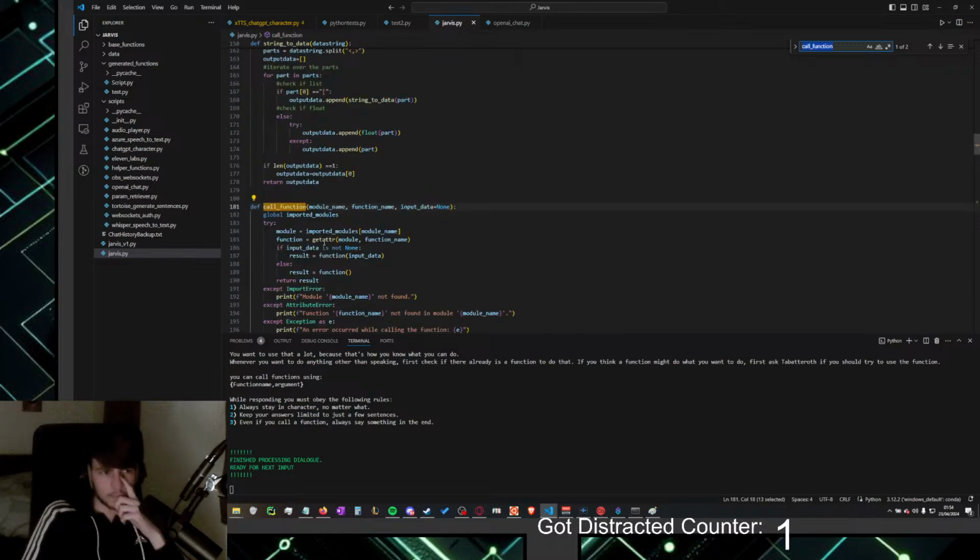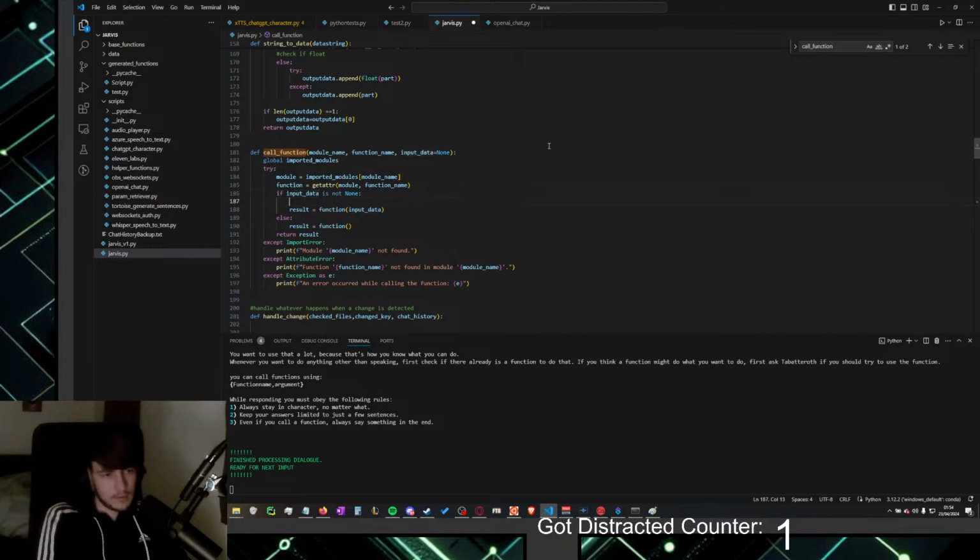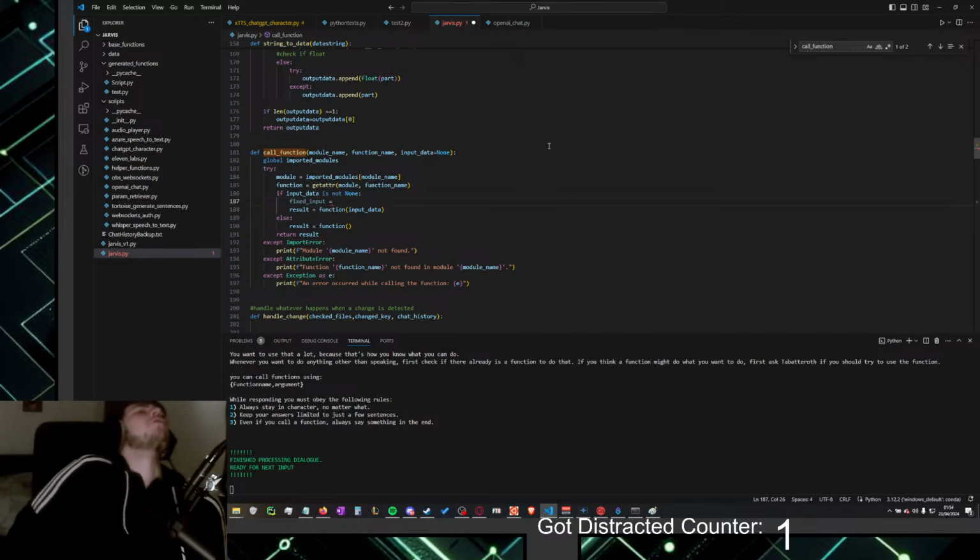Now, in the call function thing: if function in the data is not none, fixed input equal to... that doesn't work though.